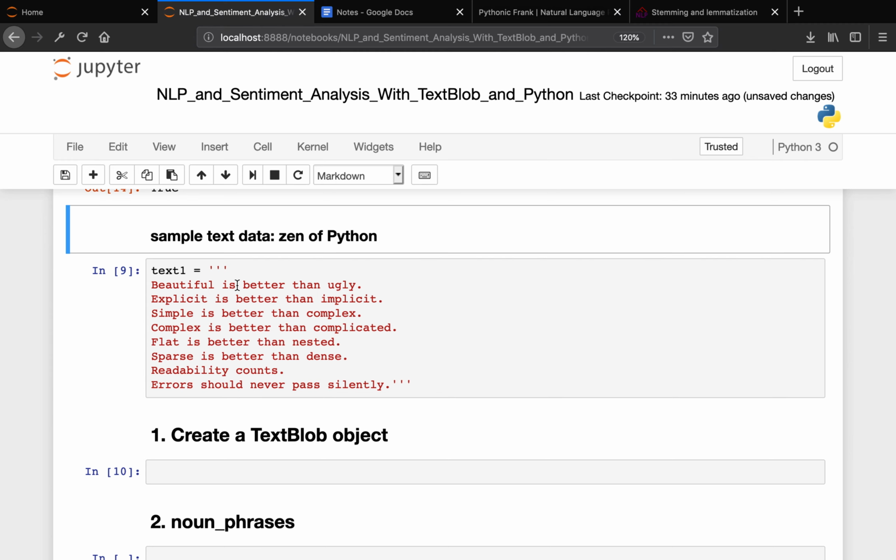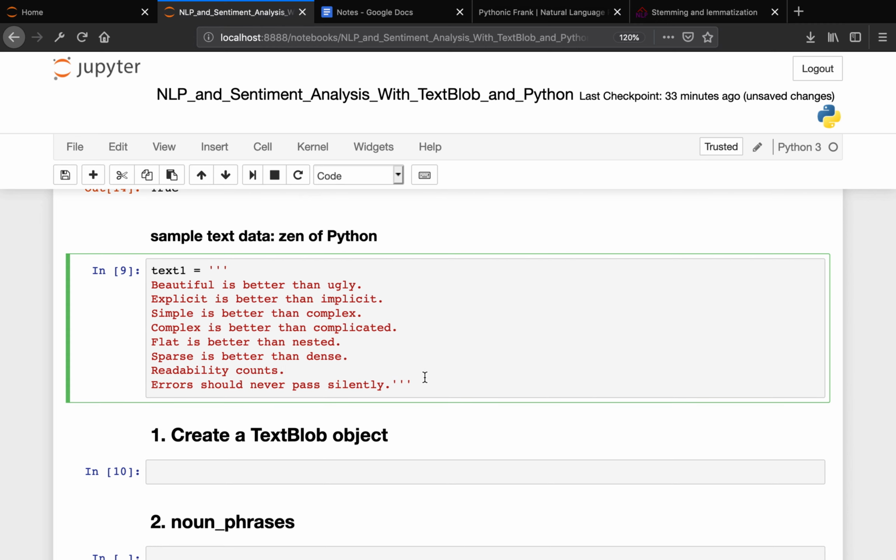We'll be using the sample text data, which is the Zen of Python, to parse the data using TextBlob. Basically, this is a very short text of the Zen of Python. Beautiful is better than ugly. Errors should never pass silently. Okay. So with that being said,